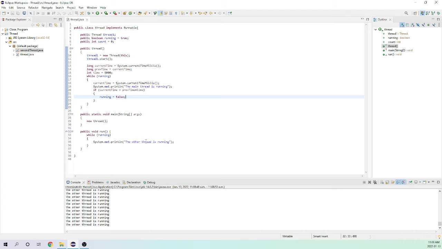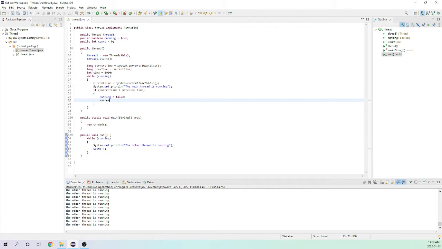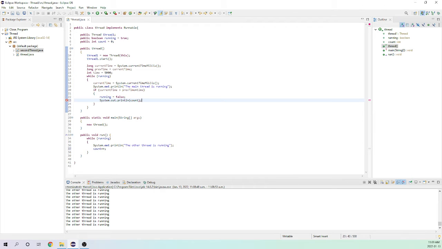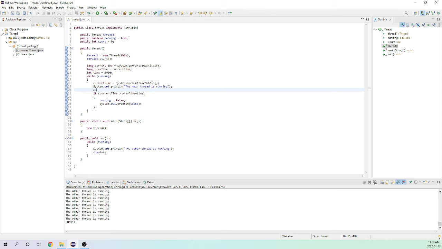So now I'm going to prove to you that there are two threads running. And the way I'm going to do that is system.out.println count. Now, here's the one thread. It will count every time it runs. And we're going to get something like 68,000. Now if I go count plus plus over here, that number should approximately double, because there's now this other